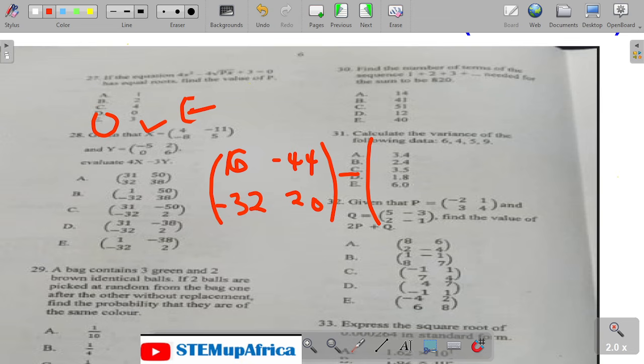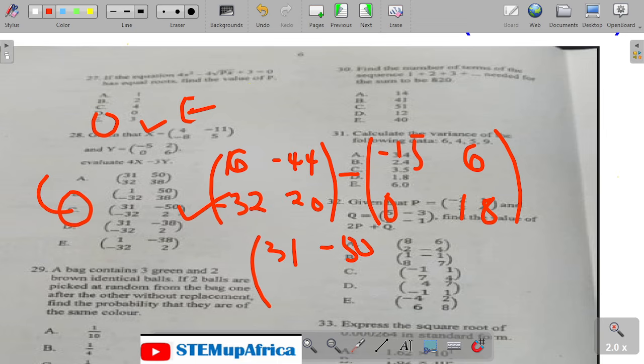Minus 3y, 3 is multiplying everything: minus 15, there is 6, there is 0, there is 18. So I subtract, which is 16 plus 15, minus is plus, that will give me 31, that will give me minus 50. Let us check further. We have 31 minus 50. That's the only option there, Option C. Don't need to waste time. Then number